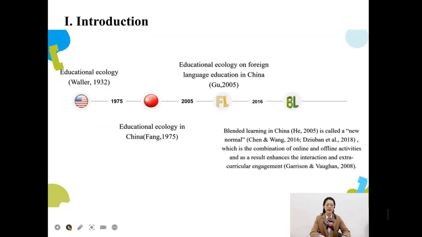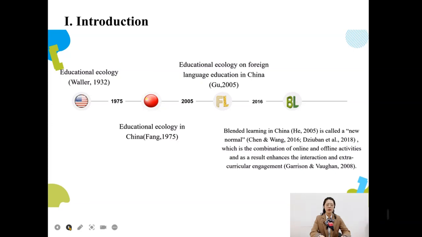In the 1930s, the theory of education ecology came into being in America, which was the result of mutual penetration of pedagogy and ecology. In 1975, the theory was introduced into Taiwan, China by Linlin. Since 2005, foreign language scholars in inner China have gradually joined foreign language education with ecology to study the harmonious and sustainable development of foreign language education. It generated fruitful achievements like the ecological model for foreign language education, ecolinguistics, and the niche study of teachers and